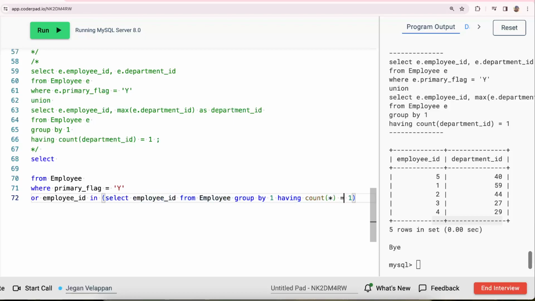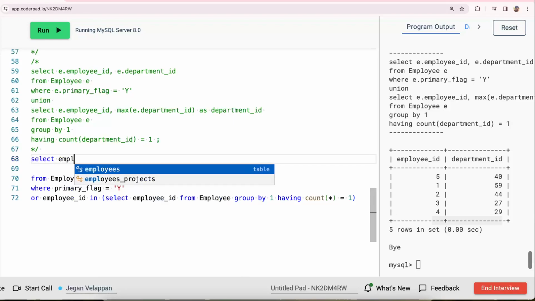Greater than 1 will be the same as primary flag. So if we say equal to 1, that means you get all the employees who got only one department. And make sure that employee ID exists there, even though the primary flag is not equal to yes. If the second condition is true, then you can get the employee ID